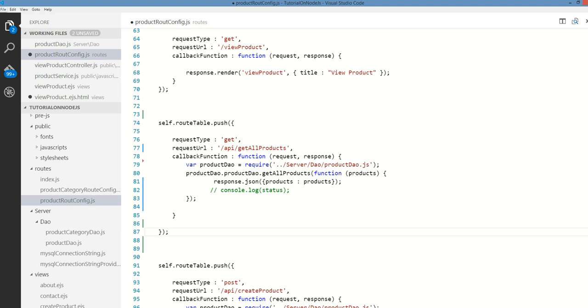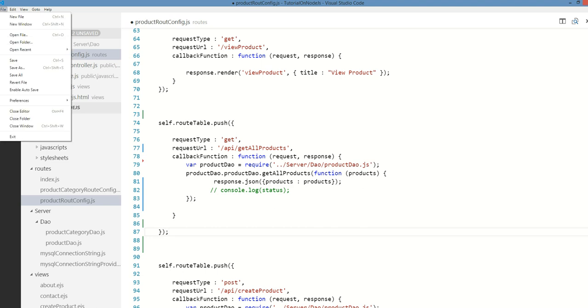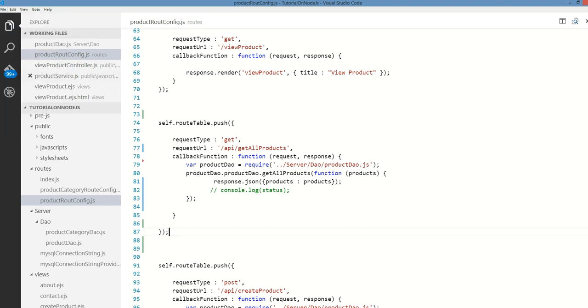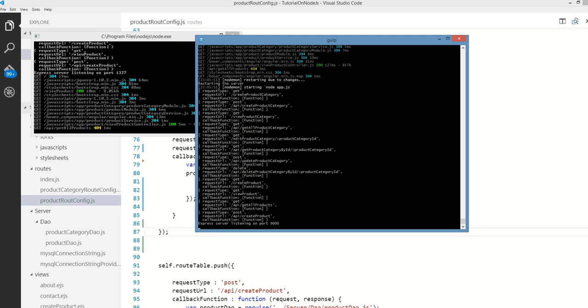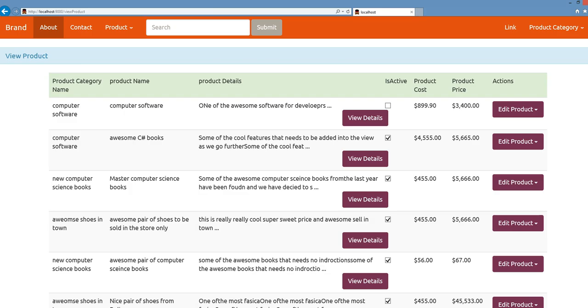By doing that, if everything is good, if our wiring up is good, then we should be able to view our product here. I'm going to go ahead and save all. Basically, it's going to save everything, and since Express is running, it's constantly monitoring the changes. So if I just refresh,